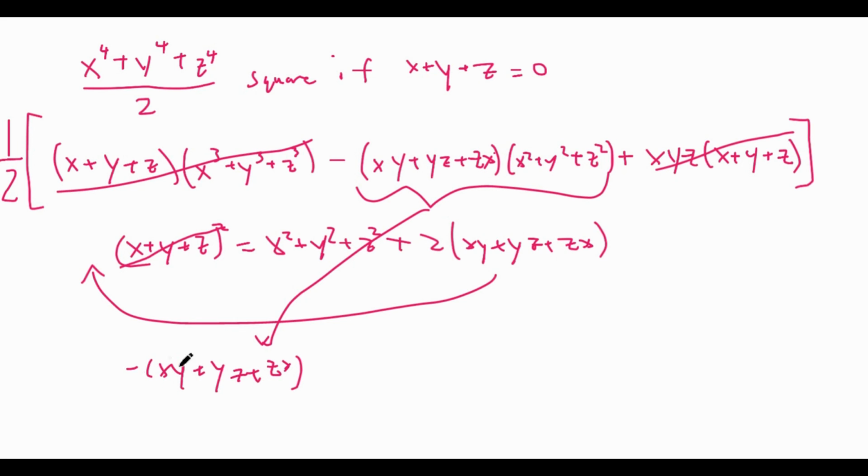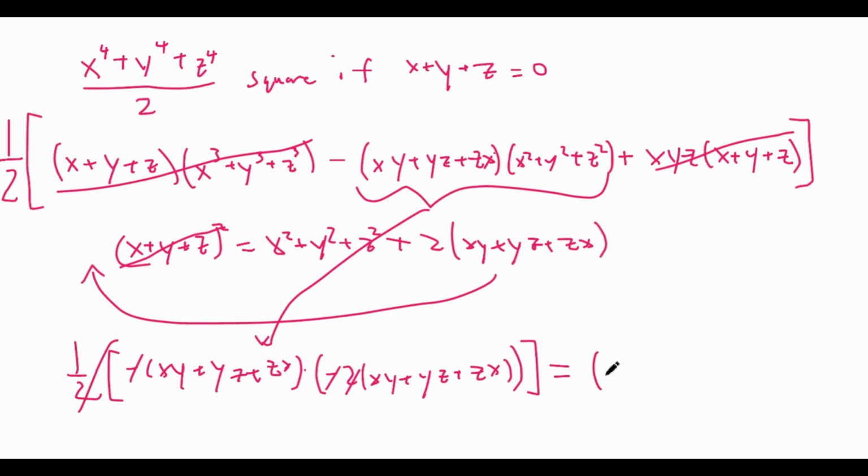Don't forget the minus there, and the 1/2 in the front, by moving the 2 times xy plus yz plus zx to the other side. And now we can simplify this: the negatives cancel out, the 2 and 1/2 cancel out. We're left with xy plus yz plus zx